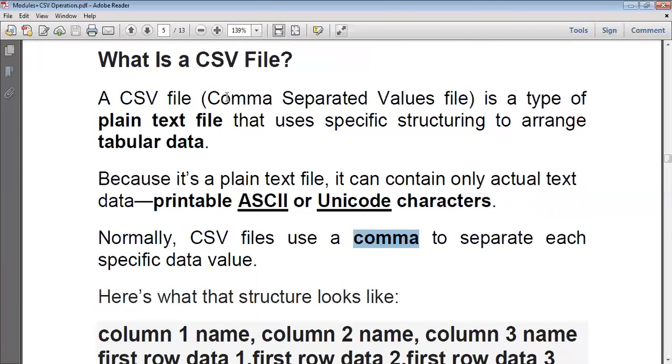That's why it is named comma separated value. So this CSV file can contain only text, which means printable ASCII or Unicode characters, stored in a tabular structure, where each column is separated with the help of a comma.